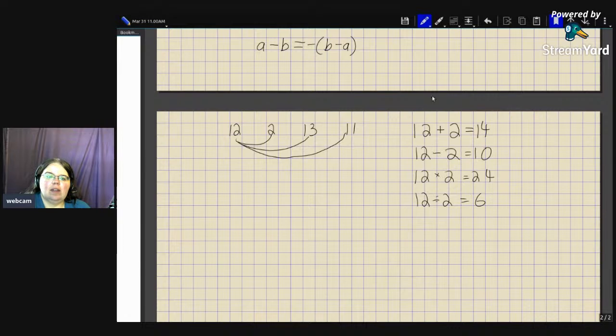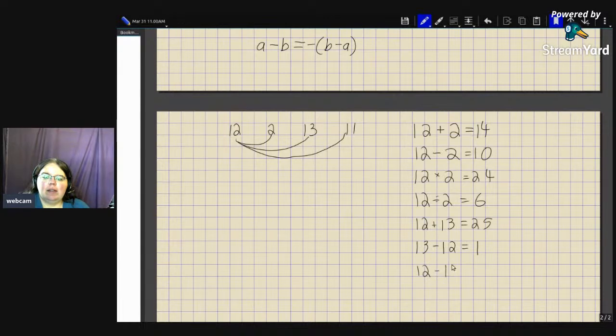Okay, so that gives us something to start with. We could also consider the 12 and the 13. So 12 and 13 would be 25. We could do 13 minus 12 and get 1. Let's see, we could do